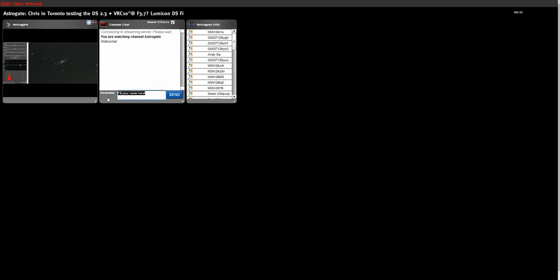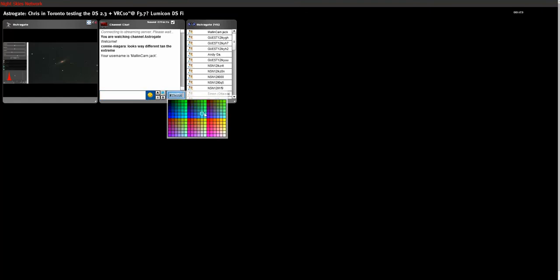DS2.3 PLUS. Object again is NGC2683. I think I can put a label with, oh, Michael, do you use